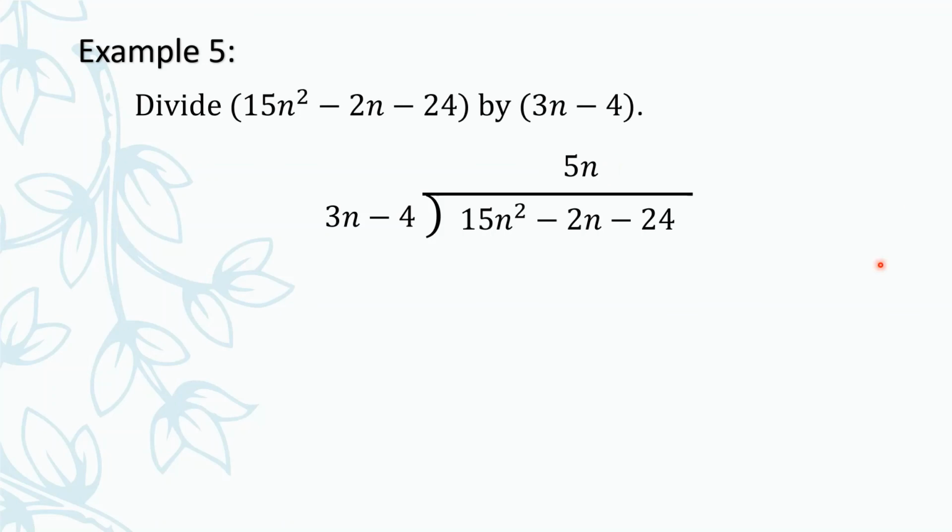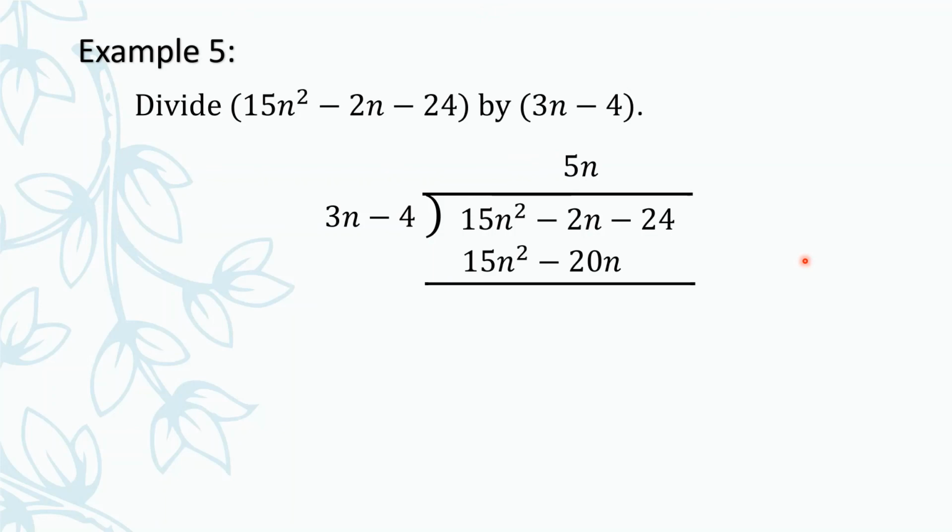Then, katulad din ng steps before when dividing whole numbers. So, the quotient must be multiplied by the divisor. So, 5n times the binomial 3n minus 4, which is equal to 15n squared minus 20n. Okay, note, dinistribute natin yon. So, 5n times 3n, tapos 5n times negative 4. Next, we'll have to